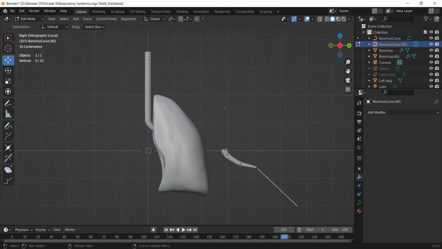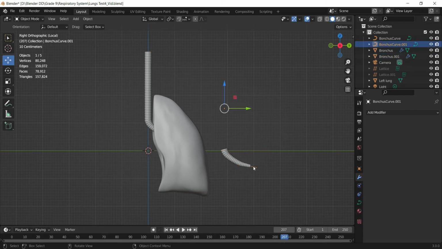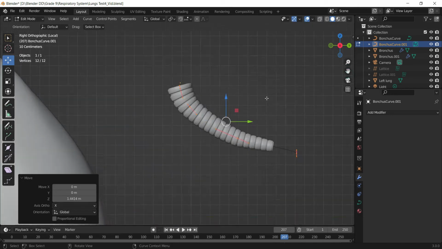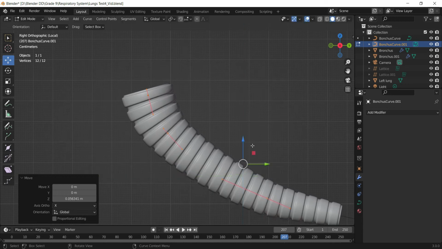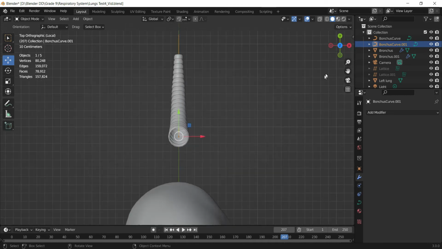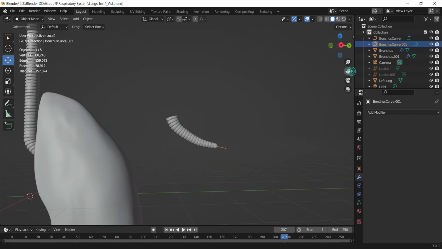Okay, so the mesh is going like this, and obviously the count is way too much, so we'll reduce it, let's say around 20. 20 is looking good, but its center has been shifted off. So what I can do is select my Bezier curve, press tab and select all the control points, and move it like this to the center. Perfect. Side is good, top is good. Now I'm going to use this and create the trachea from this.